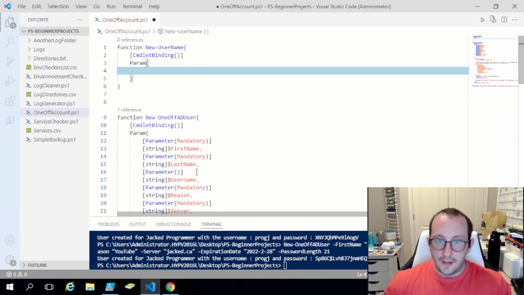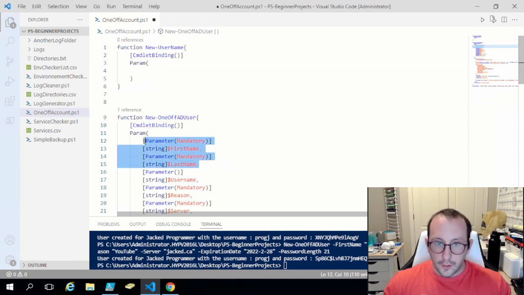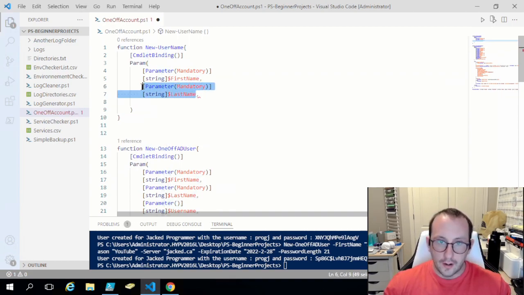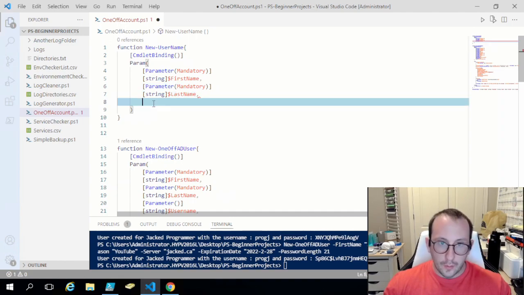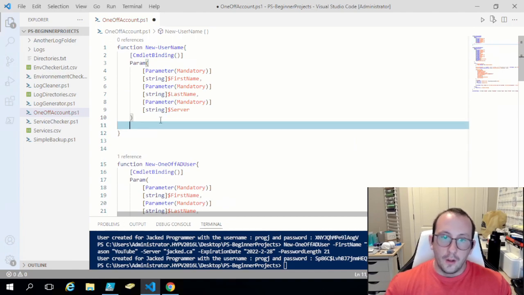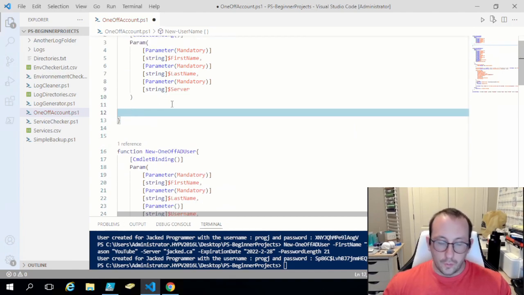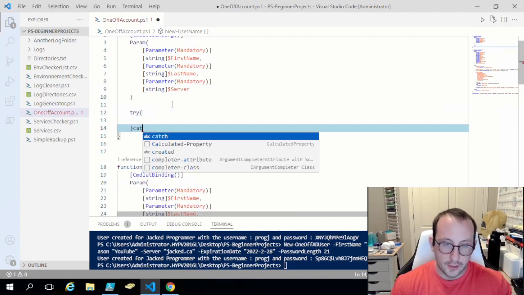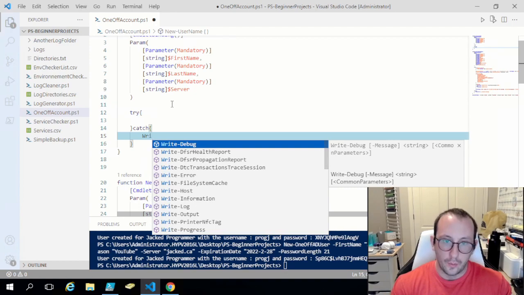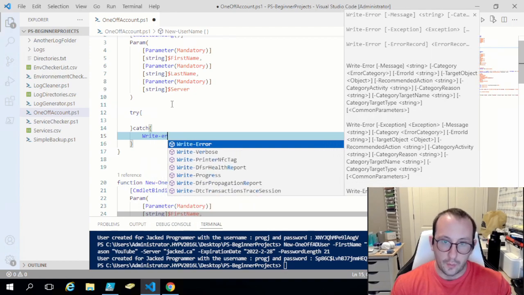They are going to be the first name and last name as mandatory, and then one last mandatory parameter, which is going to be the server. So once we have those, we're just going to put our try catch statement here. And then in the catch, we are going to put what we always put in here, which is going to be Write-Error